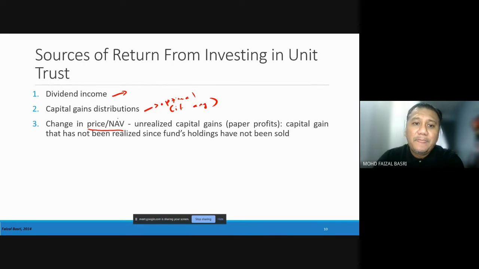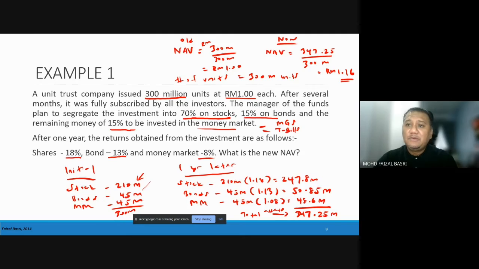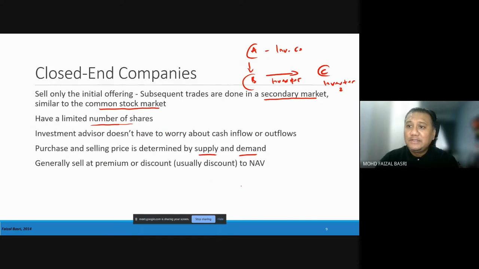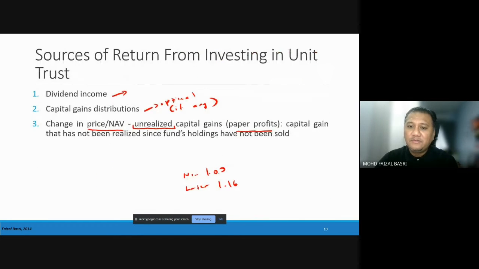Cuma untuk ni, dia akan dikategoriskan under unrealised profit. Okay, unrealised ataupun paper profit saja. Maknanya on paper you nampak, oh dapat profit, I beli harga RM1 tadi contohnya. Untuk contoh yang ni I beli harga RM1 and 1 year later, this is now. Later, dia dah jadi RM1.16 kan. Contoh ni tadi, RM1.16. So on paper you nampak, oh value asset you kalau you beli katakanlah RM10,000. So masa you beli RM10,000, maknanya you ada 10,000 units kan.